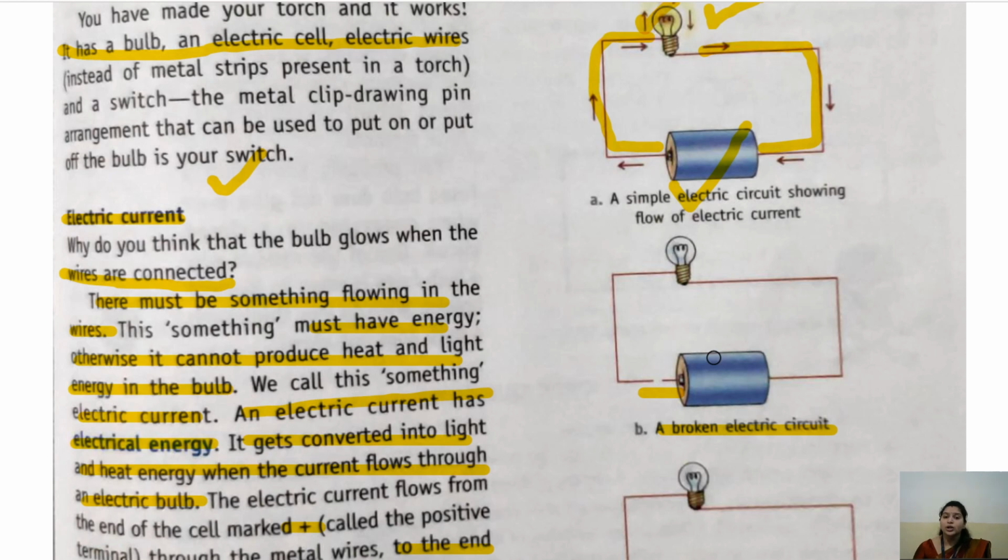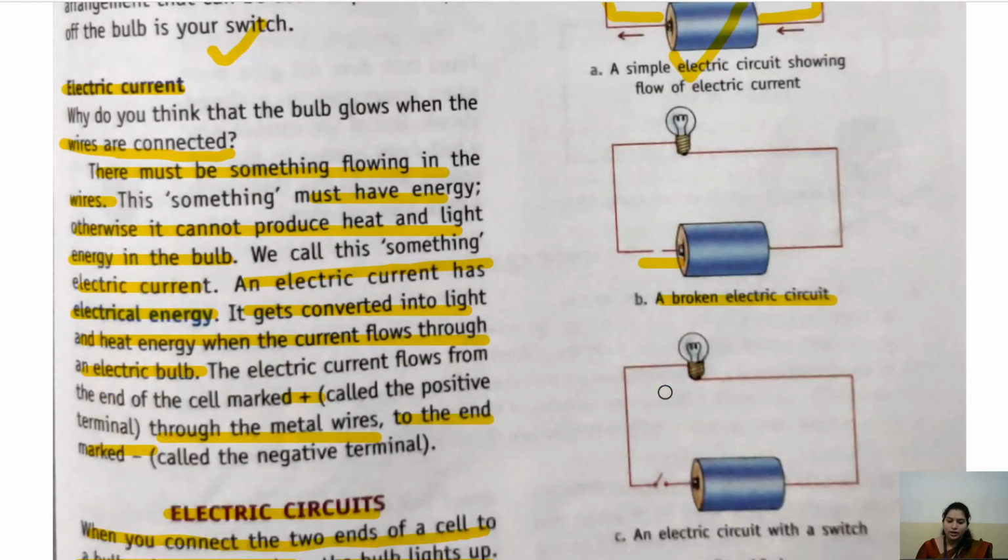The current will only flow when the circuit is closed. Okay, so this is a closed circuit. इसमें करंट फ्लो करेगा, कहीं से वायर भी नहीं टूटा है, कहीं से बल्ब भी नहीं खराब हुआ है, फिलामेंट इज आल्सो ओके. So this is a simple closed circuit, and where there is a breakage in the wire, it is an open circuit, and in open circuit the current will not flow. The current will only flow in closed circuit.